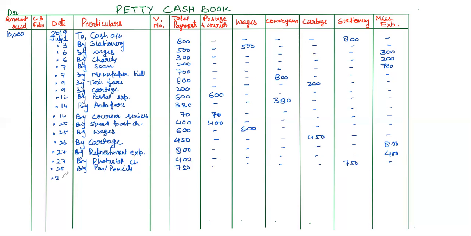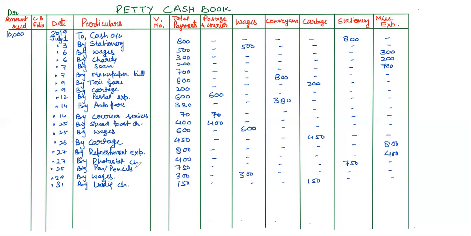Then on 29 we are paying wages. By wages, rupees 300 will come in the total expenses column, and we have a separate column for wages also, that will come in this. And after that, the last one is 31, that is loading charges. These are one of the transportation expenses, loading charges, rupees 150, and this will come in cartage. So like this, we will write all the expenses. Now after this, you will see how we will close it.